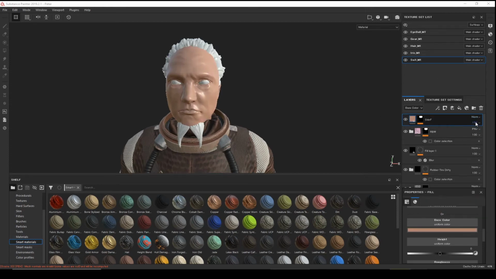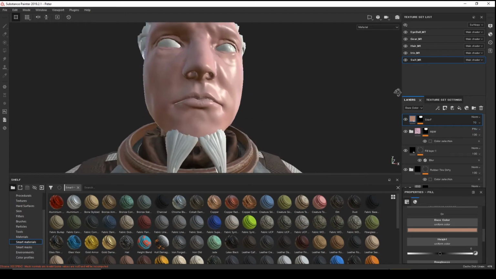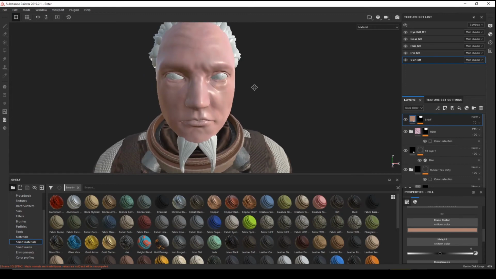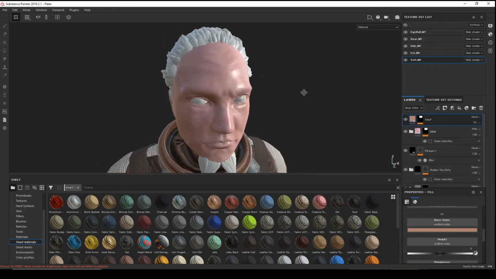Okay, so this is the layer. Let's make it a little bit transparent. So let's drag the transparency a little bit down. All right. Not bad. Okay, but the skin color still doesn't look